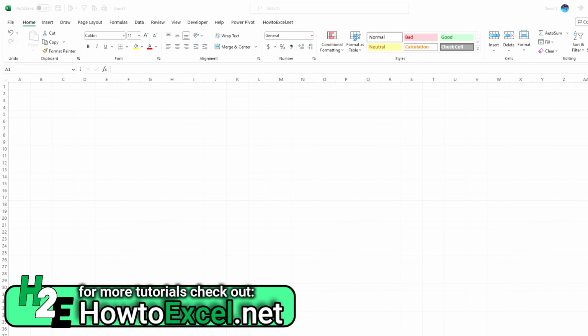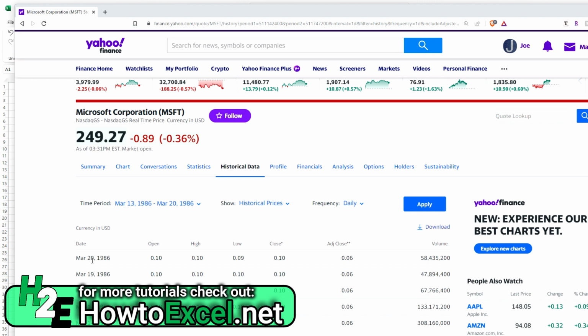Hey everybody, in today's video I'm going to go over stock splits and how to work back to calculate what the price was back in the past for a stock that split its shares. So a good example here is Microsoft. If you go back to 1986 when they first issued their stock, on Yahoo Finance you'll notice the stock